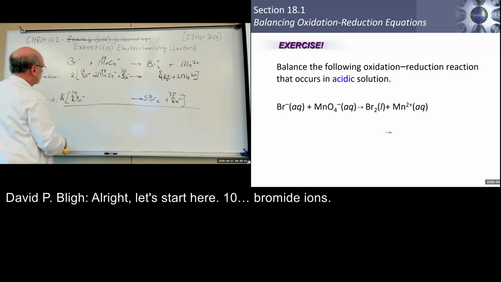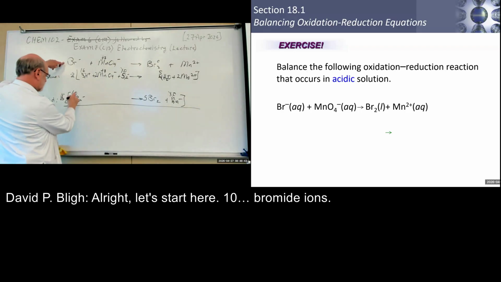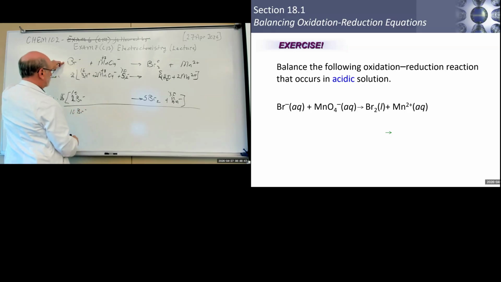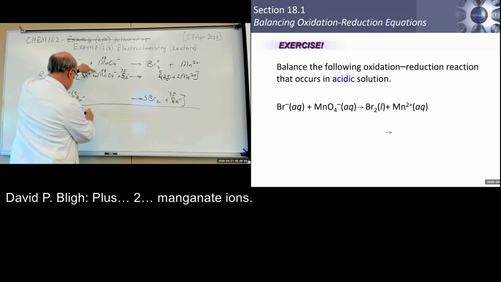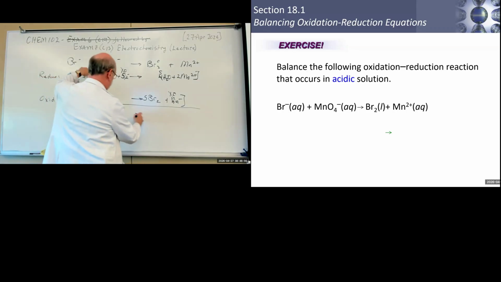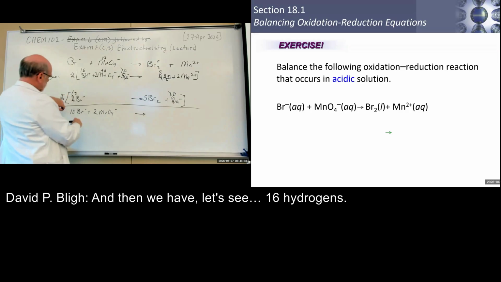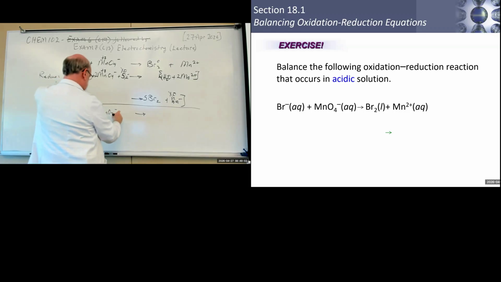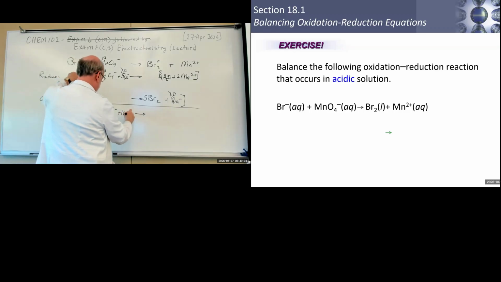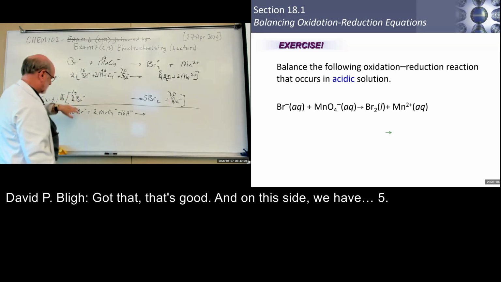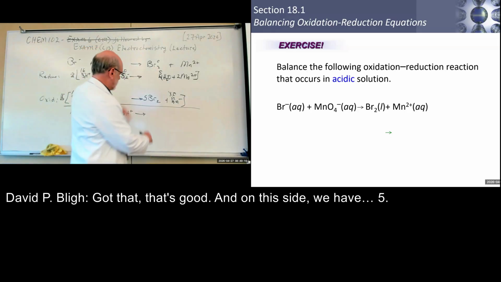Let's go. All right, let's start here. 10 bromide ions plus 2 permanganate ions. And then we have 16 hydrogens. Okay, got that, got that, got that. That's good. Now on this side, we have